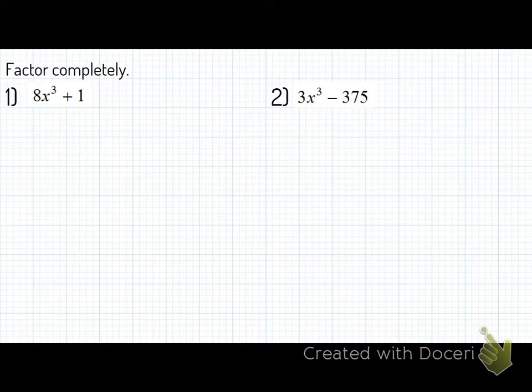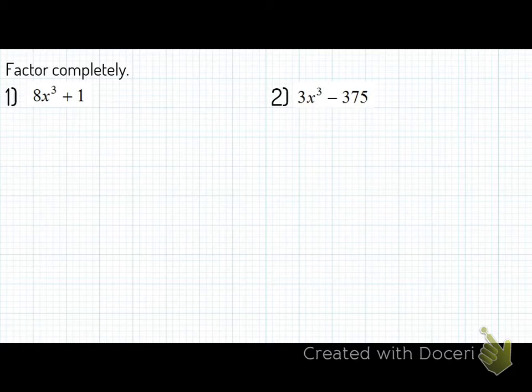Okay, numbers 1 and 2. Okay, eyes up here, eyes up at the board. You got 8x cubed plus 1. It's the first one, factor completely. So you see it's cubed. It's not factored by grouping, so I can't really group stuff together. But what I can do is I recognize, okay,